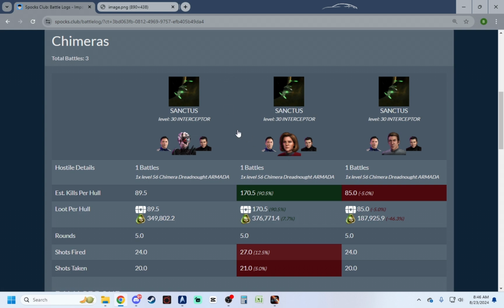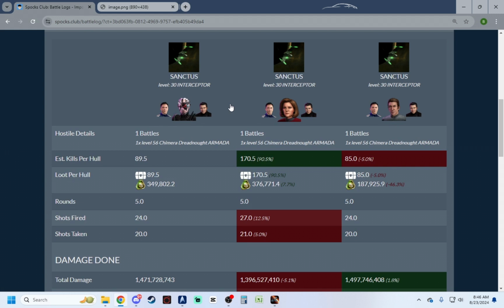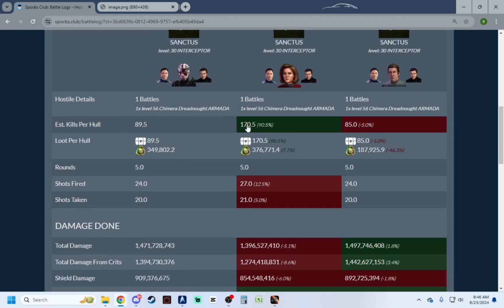I put Janeway on there thinking, okay, maybe she will help with isolytic damage. Mine is tier 2. So anyways, proccing Janeway, seeing how well that would help. And then just put Nesmith on with his 30% ability there. So as we can see here, the estimated kills per hole, I don't really pay attention too much to that